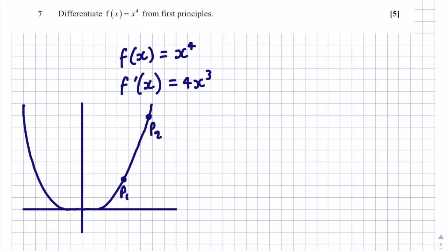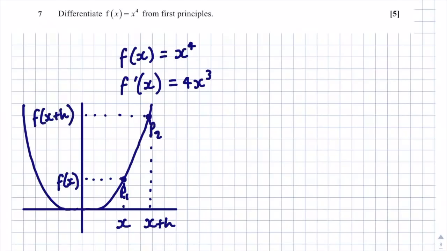Now point 1 has a coordinate of x and its corresponding y value is going to be f of x. P2, let's say, has an x value of x plus h. So its corresponding y value is going to be f of x plus h. Now the idea is when we differentiate this function at either point 1 or point 2, we're going to have a tangent at both of these points. So if I draw a tangent at point 1, and then I'll draw another tangent at point 2,